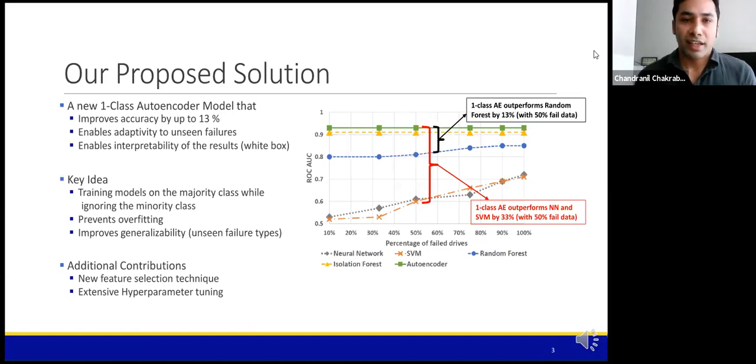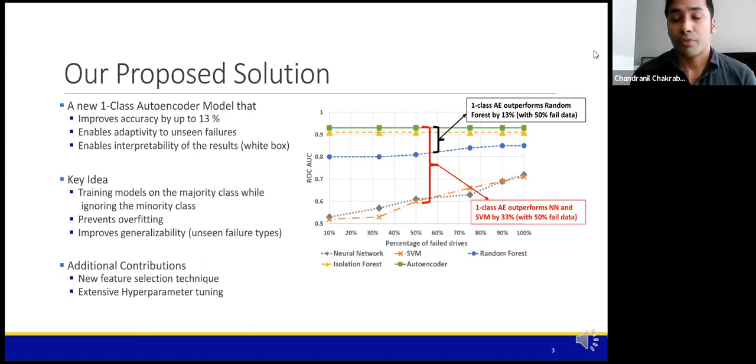Note that our one-class techniques do not include any failed drives in the data set, so we plotted their performance as a straight line. From the figure on the right, we can see that our baselines' performance depends significantly on the amount of minority samples in the training set, that is the failed drives, but for our models, it is dynamic. For example, if only 50% of the failed drive observations were included in the training set, our proposed one-class